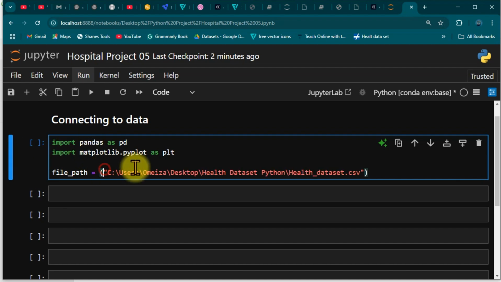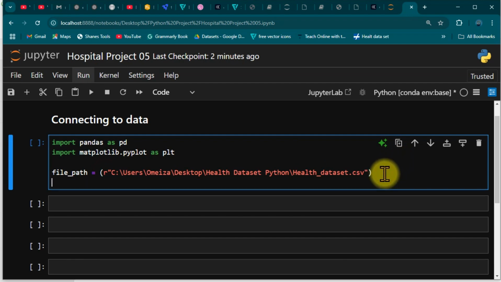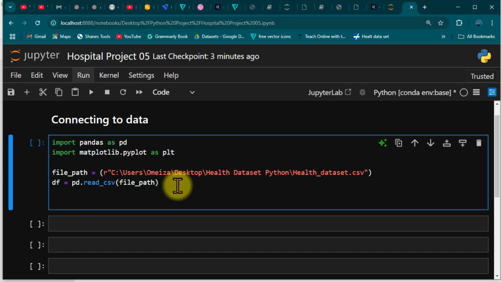Make sure you have an r right here. And quickly we can just go down and do the df for data frame. This as well can be named anything. So it's just a variable. Inside here, what we're going to do is pd.read_csv, and once we have done this, we pass in the file path right here, and that is all we need to do. So if I go down now,